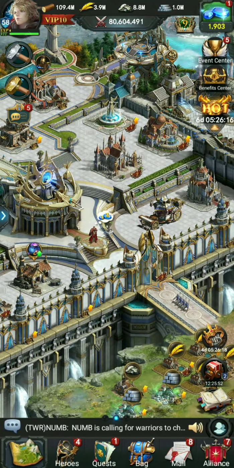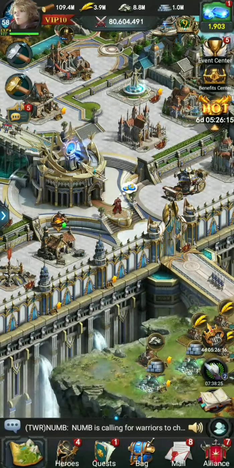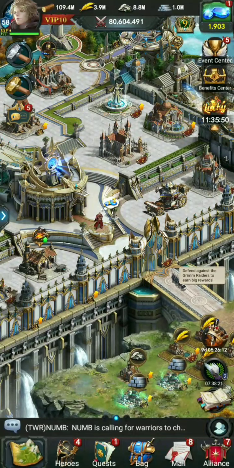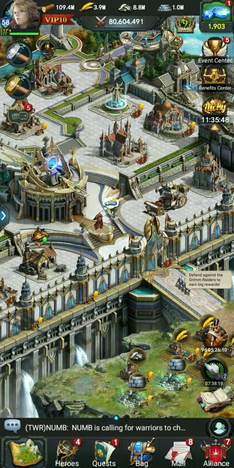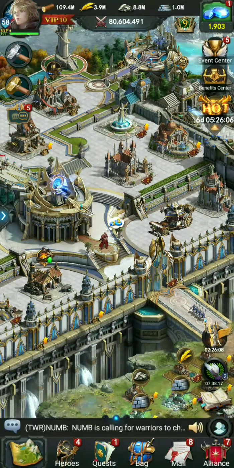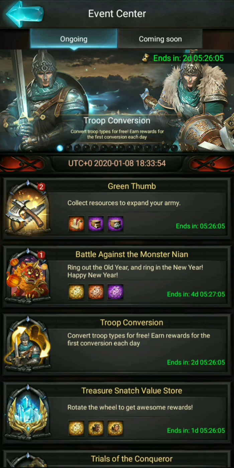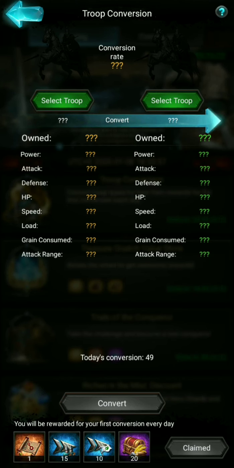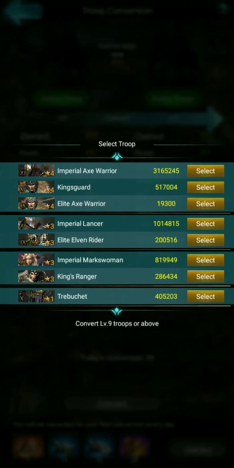I'm sure I'm missing something. I'm just trying to rush through this really quick, but yeah, this is going to be really, really strong. So let's go into the troop conversion. I really wanted to consider how I wanted to do this, but what you can do is